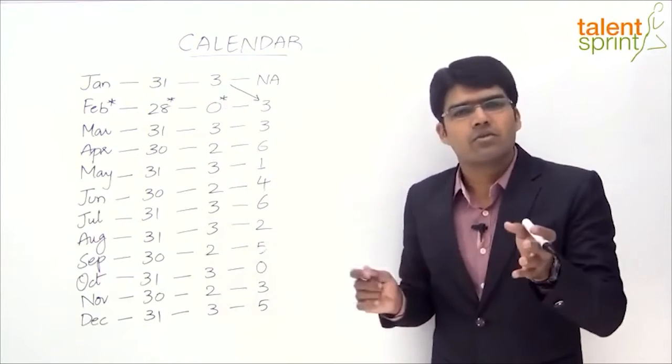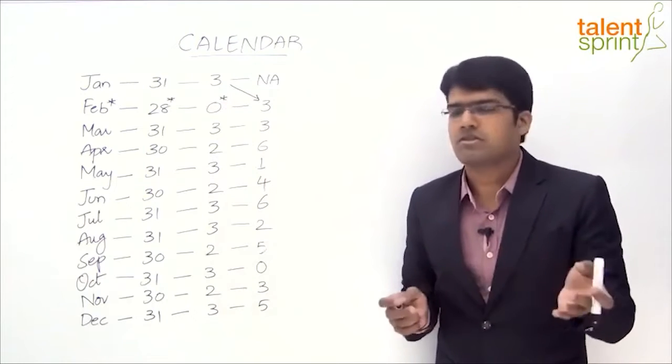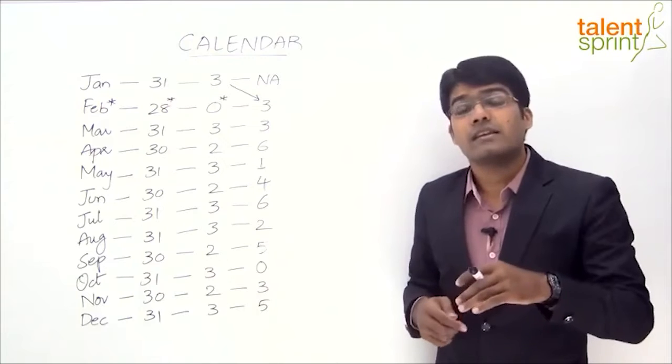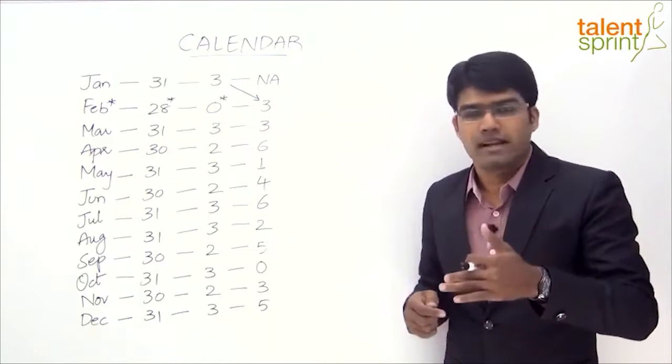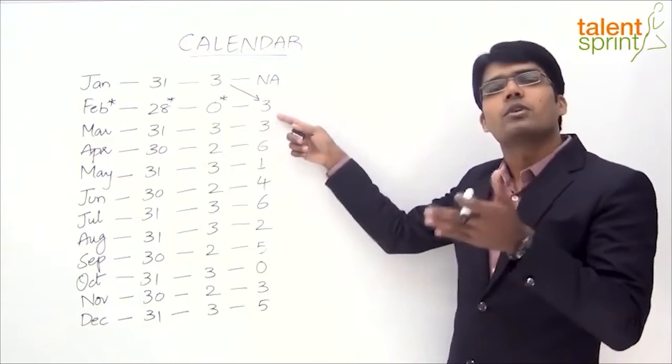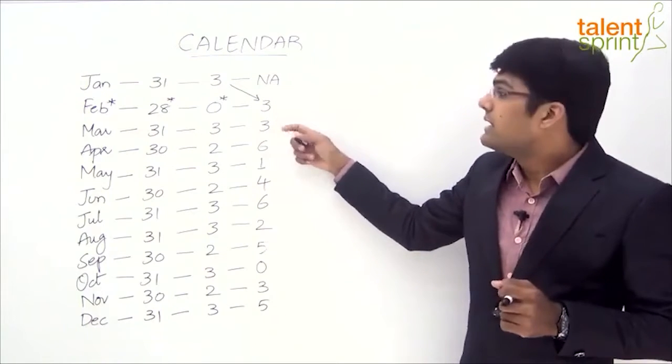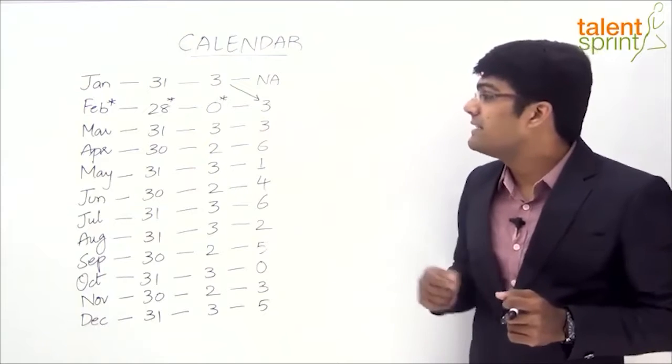So let's say we have to find out the day of the week for 14 Feb 1973. Up to 1972, we have to do the calculation of the number of odd days, which is regular. When it comes to the 1973rd year, we have to calculate the number of days for Jan, right? Directly 3. Then we'll say 14 Feb, so directly we'll take 14 for the number of days in Feb. Next comes March. For March again we have taken 3.